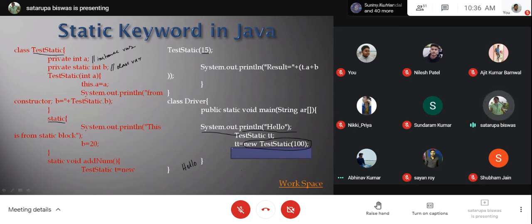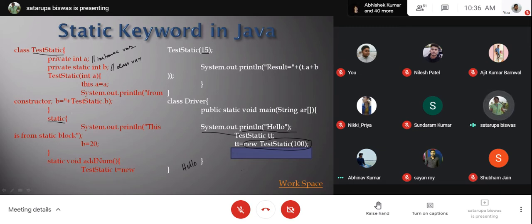So now I have added one more line here where we are actually instantiating the TestStatic. That means when you instantiate this, then and there your TestStatic gets loaded into memory. And if it is getting loaded into memory, by default, before even the creation of the object takes place, your static block will be executed.